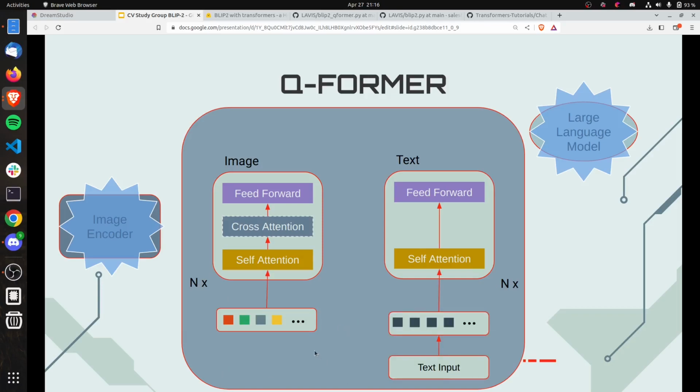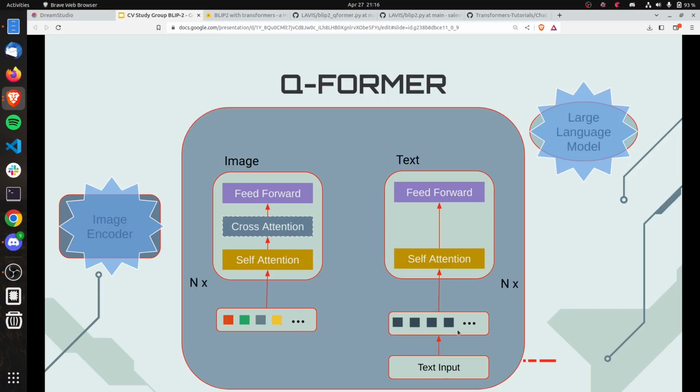So what do we give into these layers? For the image transformer, we've got these tokens down here. Every square is a token, and they're all colored because they are learnable. That means they will vary. They get put in there and then in the end you get learned queries out. They call them query tokens. So when I say query, I always mean these tokens. And that's actually the main thing the Q-Former does: learning these query tokens.